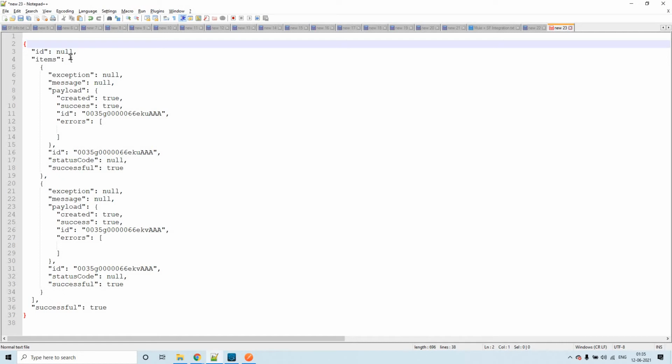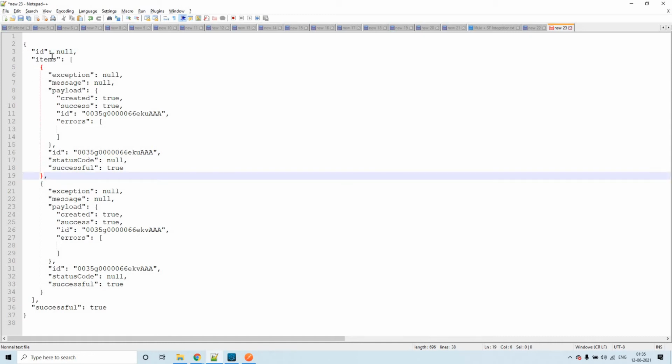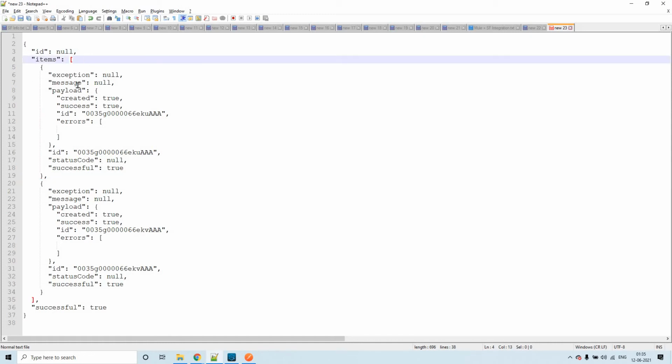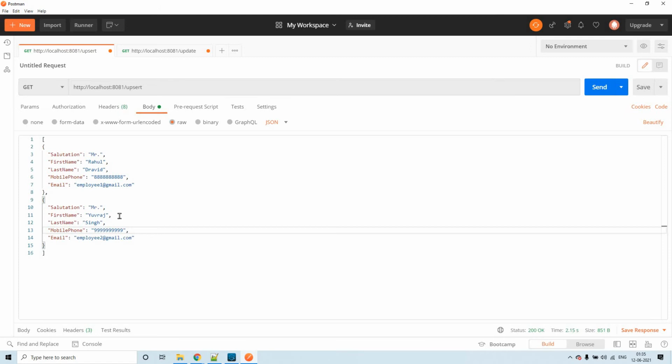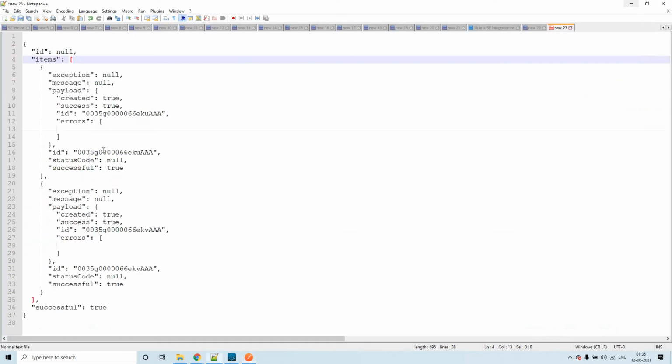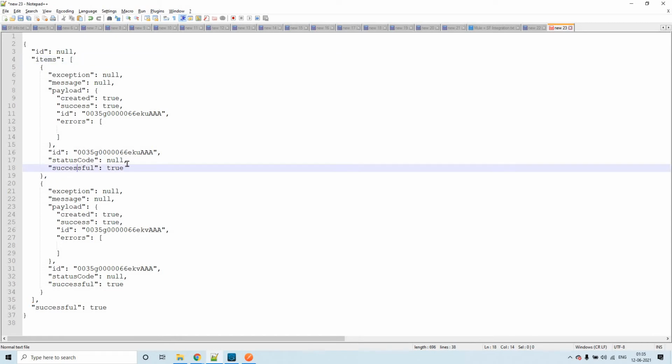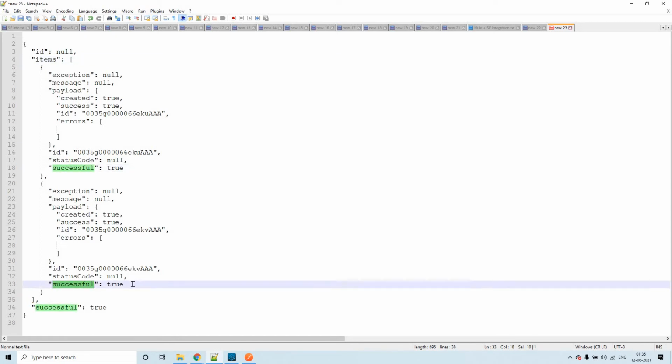If you observe keenly, it is the response for the two records that we sent here. It's the response for both the objects from the Salesforce upsert operation. You see here, it is successful true, and this is successful true.